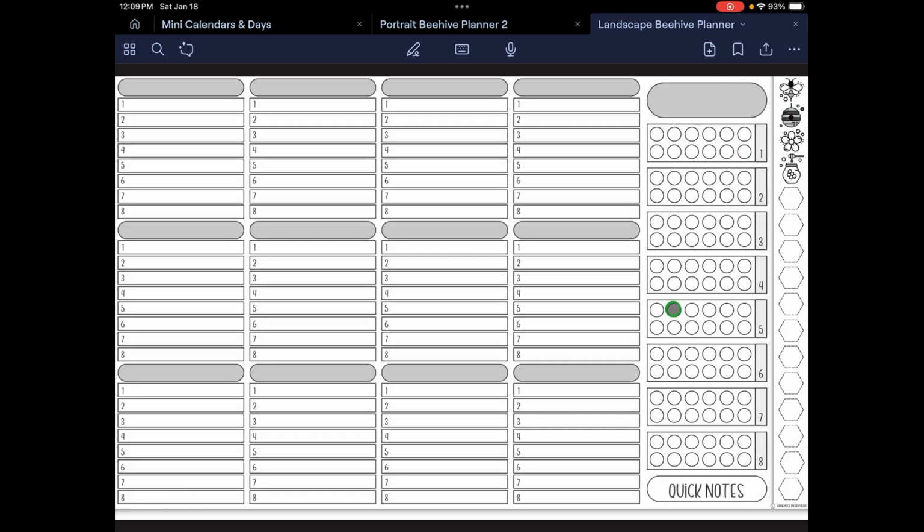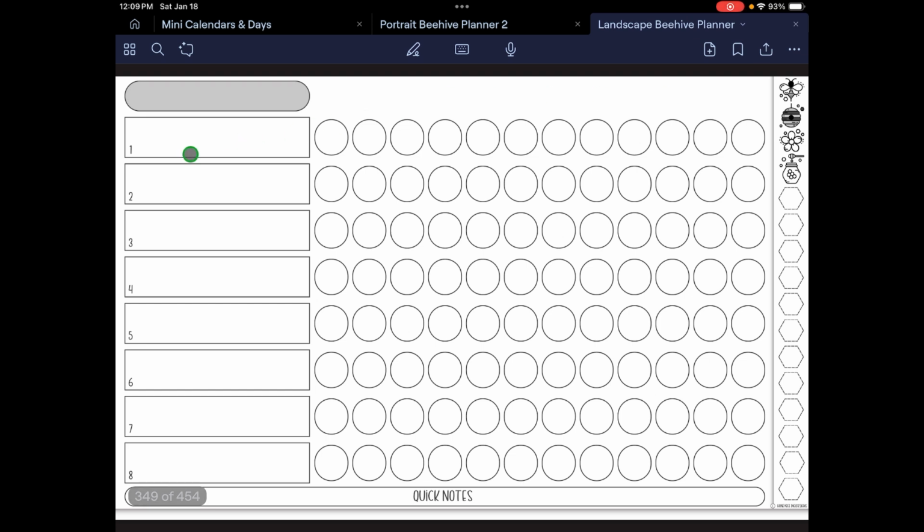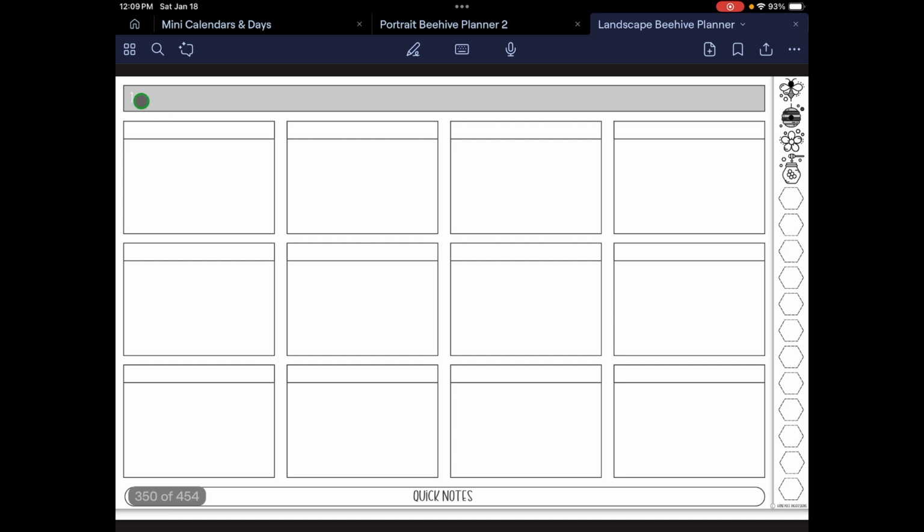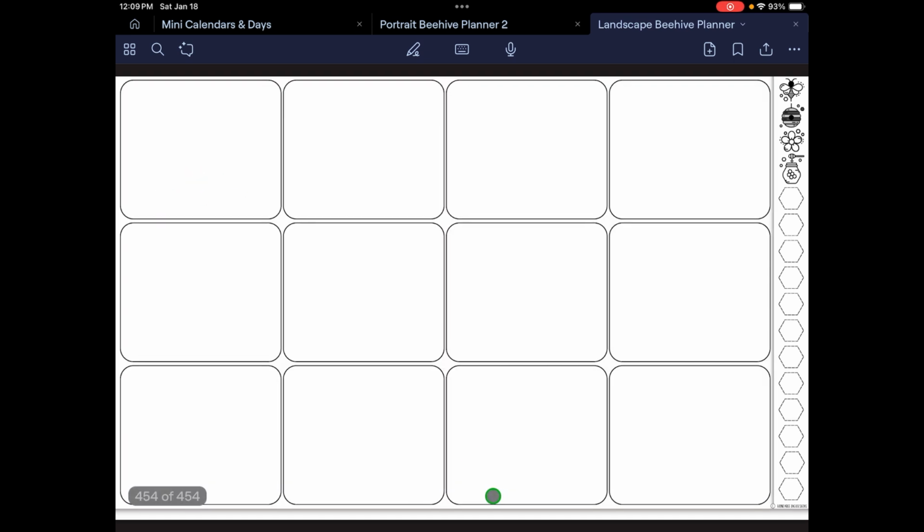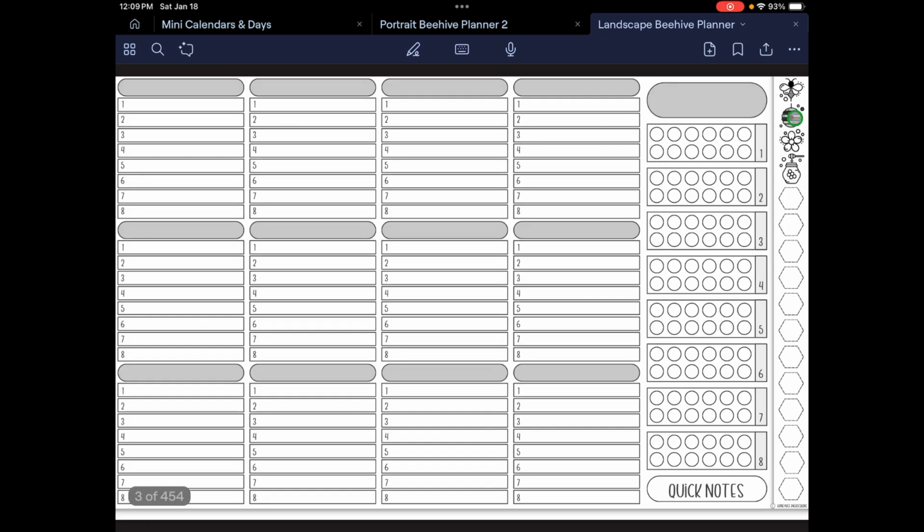In this notebook section, if you click up here at the title, it'll take you to this page where you'll have all your notebooks listed along with all the subcategories here. If you click on one of your notebooks, it'll take you here. This is notebook 1, and then these are the subsections. If you click on a subsection, it'll highlight that title bar there. You could put a picture or a description, anything in here. And of course, this will take you to quick notes as well from any page